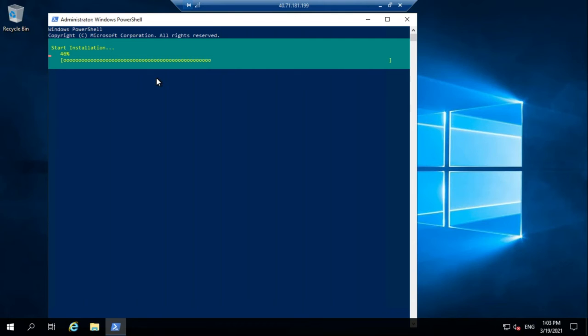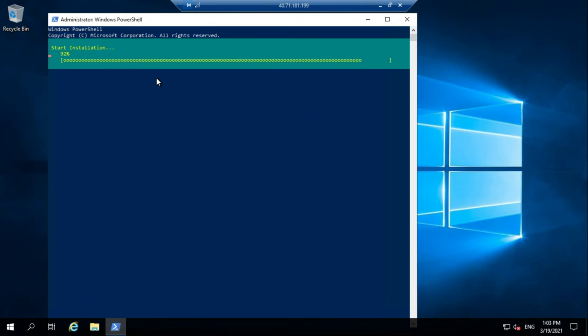So I'm waiting for the installation and seeing its status must be success and value is true. It will take some time according to your internet speed.